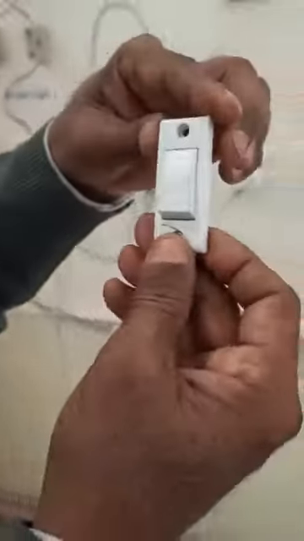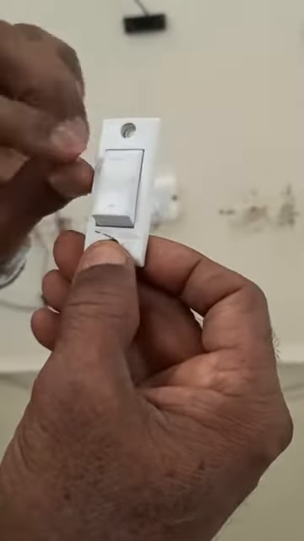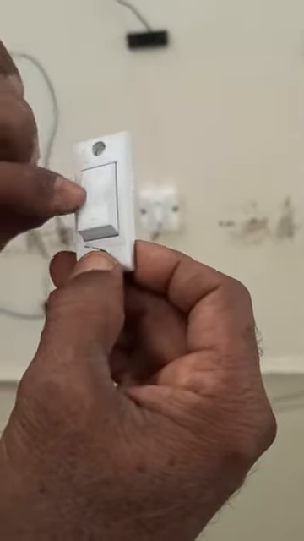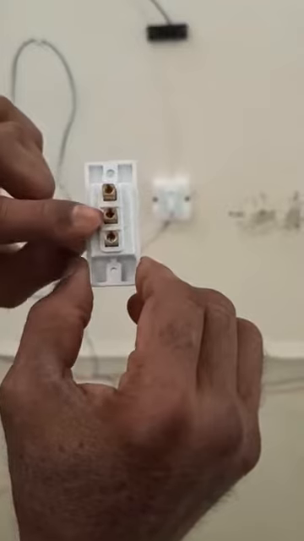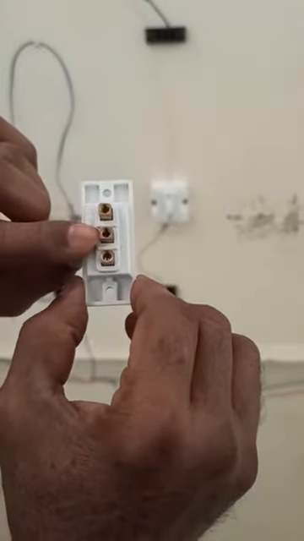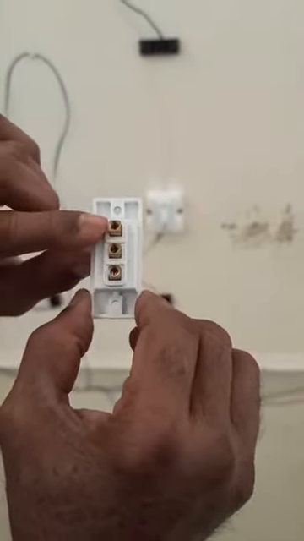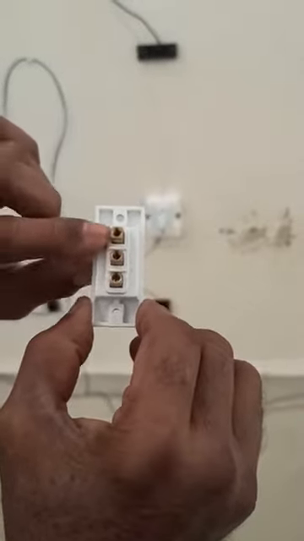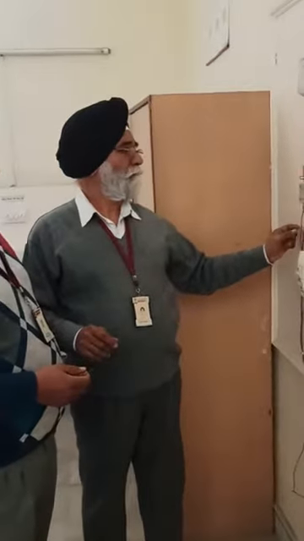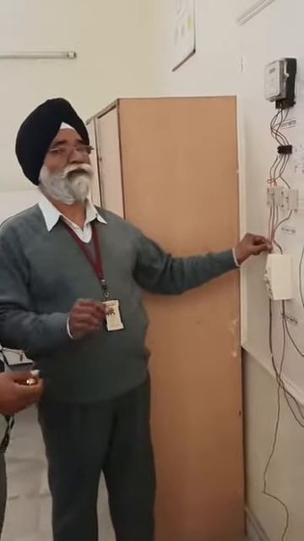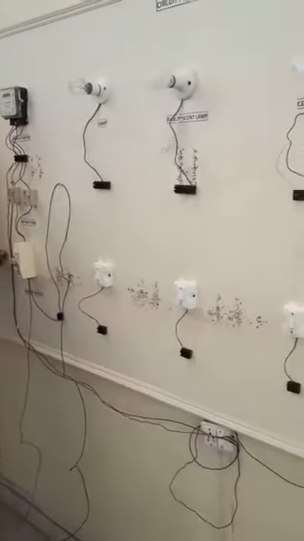This we call a two-way switch. It is differentiated by the 2 points. You can see here, there are 2 points which are not there in the one-way switch. So here you will see 3 terminals, 3 points behind this. The center one is given the supply. So this supply can be given to either of these two terminals, either here or here. We are beginning to connect all these accessories and make the circuit working.